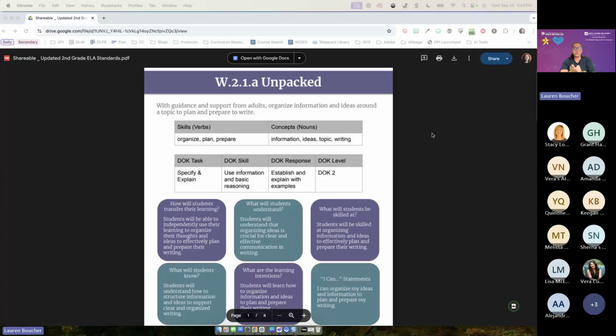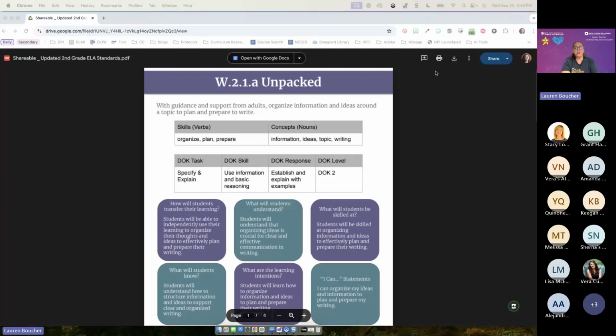So, what are the students being asked to do? What skill is being required of the students to do it? And then how are they being required to show their learning? Those three things help us identify the DOK level.